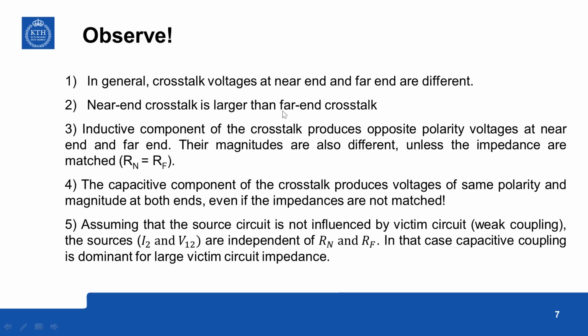Near end crosstalk is larger than far end crosstalk. The inductive component of the crosstalk produces opposite polarity voltages at near end and far end. Their magnitudes are also different unless the impedances are matched. The capacitive component of the crosstalk produces voltages of the same polarity and magnitude at both ends, even if the impedances